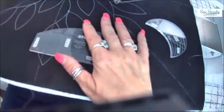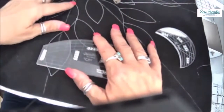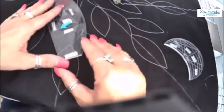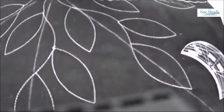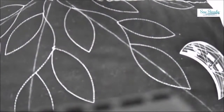And when I was playing around with the Coral Fern, I decided that I wanted to add some lines into just like an echo line. So I started playing around with that, and I'm going to show you a couple of different ways that we can do this. First thing I'm going to grab is my stitching line discs, which they come 8 to a